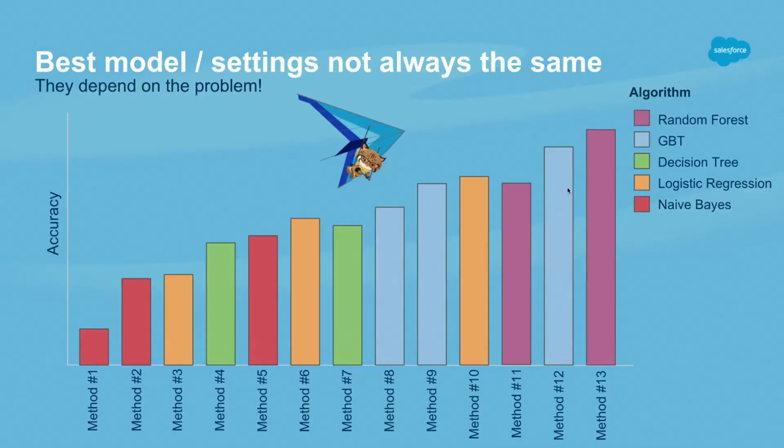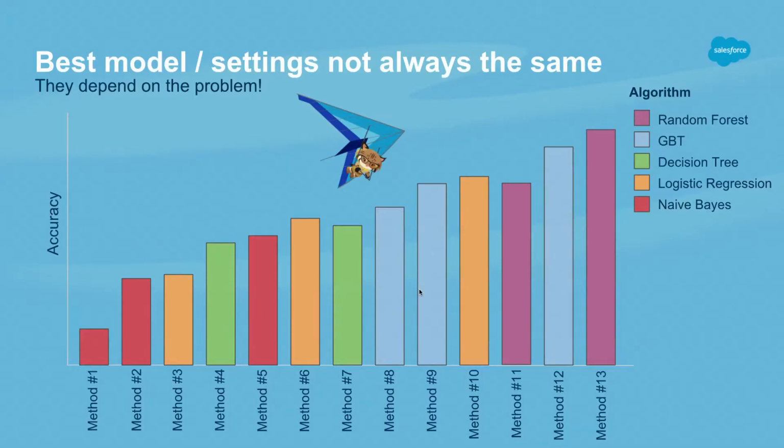The colors here indicate the actual algorithm type, so the type of model that we're training. This could be random forest. GBT stands for gradient boosted trees. It could be a normal decision tree, a logistic regression model, a naive Bayes model. There are tons of other options; this is just a sampling. And then the different bars with the same color correspond to the same model type, but with different settings,